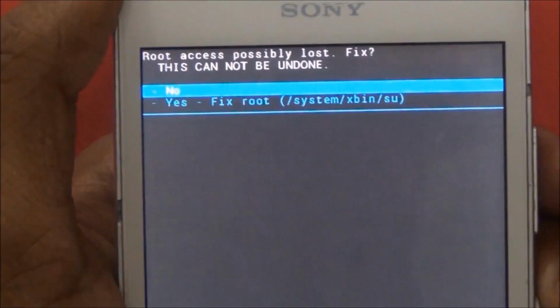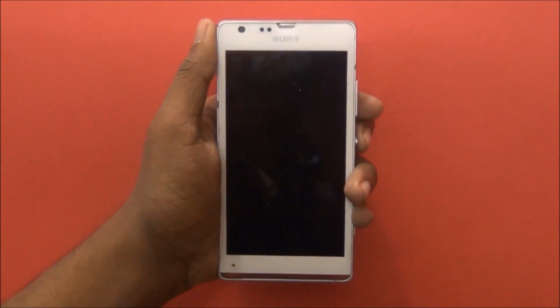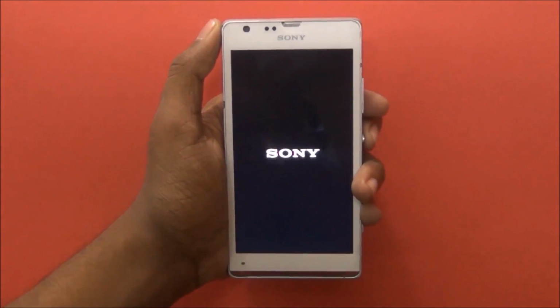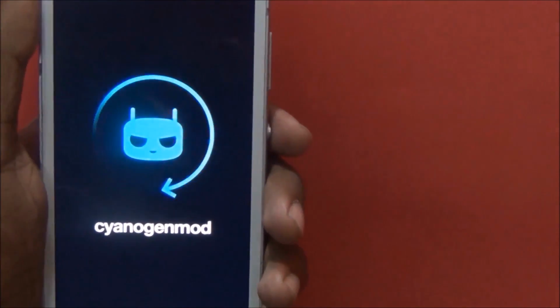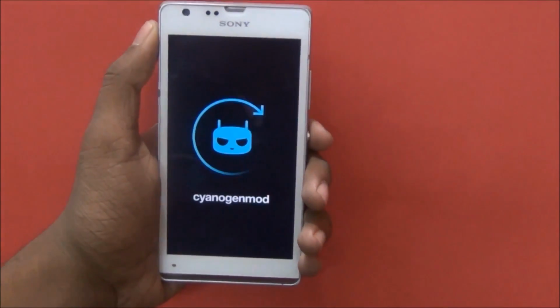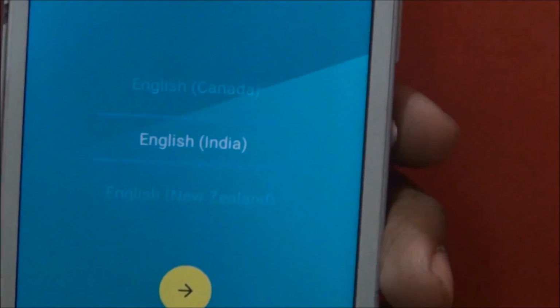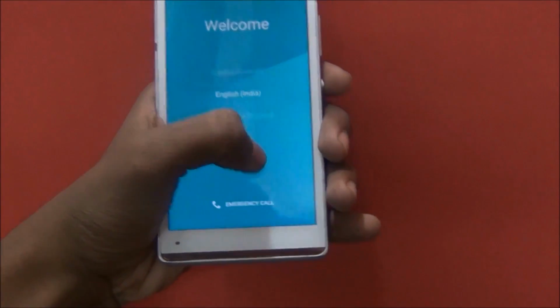Power button to select, no, and my device is restarting. And this is the new CyanogenMod 12 boot animation. And now you see my device has started. Choose your country. My country is English, India. Next,